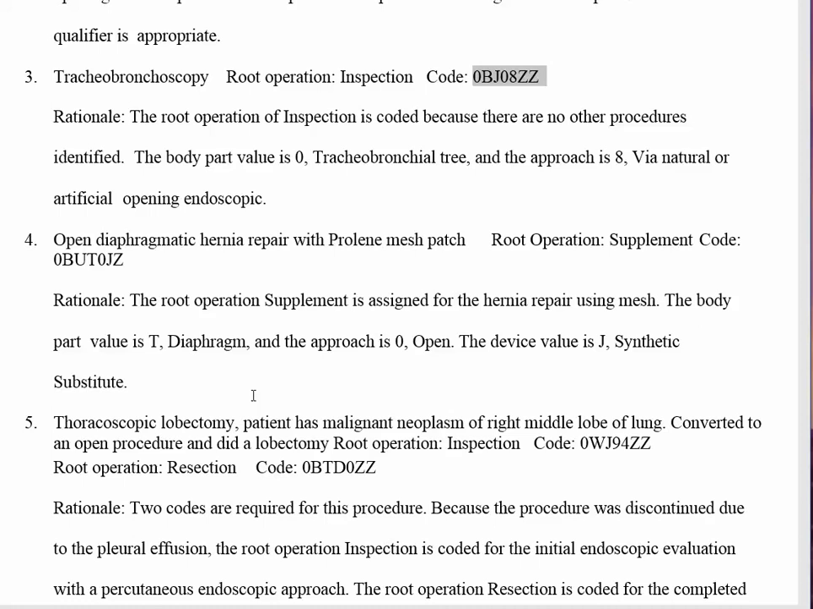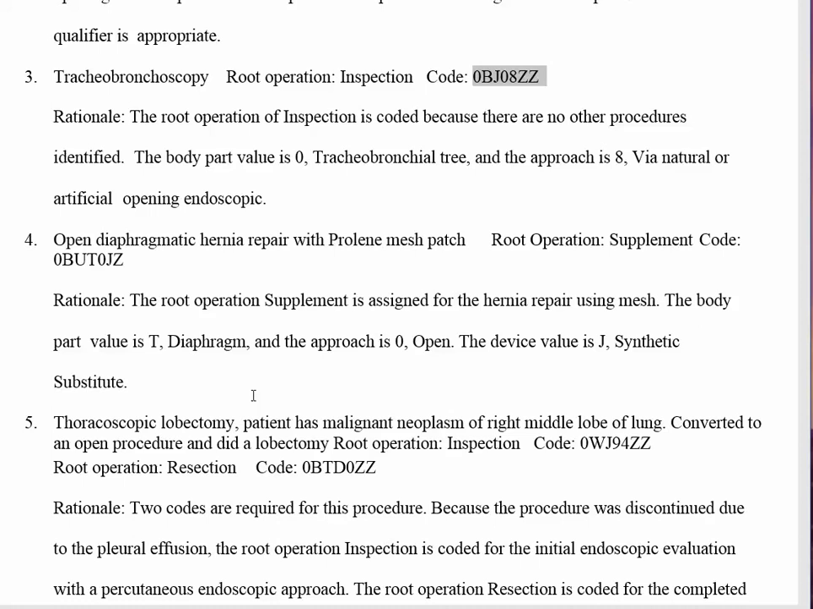So they often use mesh. They're putting mesh, which is a synthetic substance. It's not a biological something. It's something that's made by a company. So they're putting that over that area of that wall. In this case, the wall or the area is the diaphragm. When we look at our root operations definitions in our Appendix A or in Chapter 1, repair would be one option,